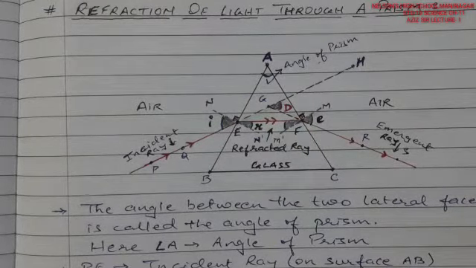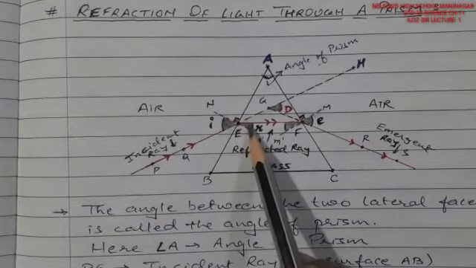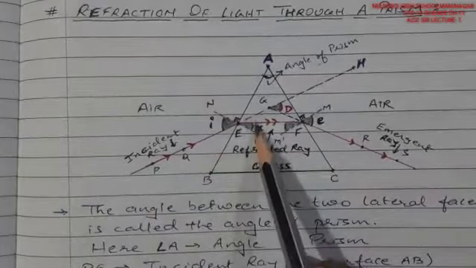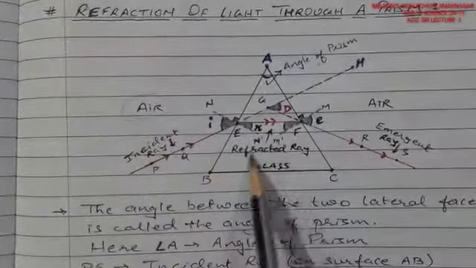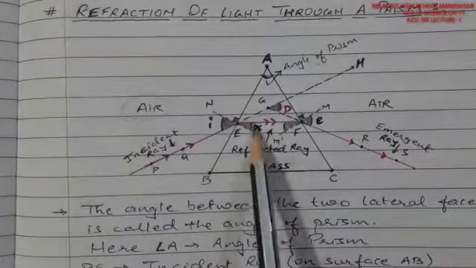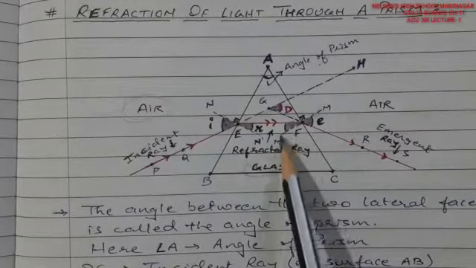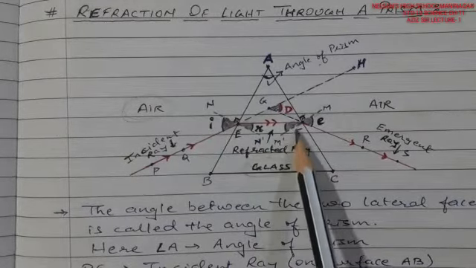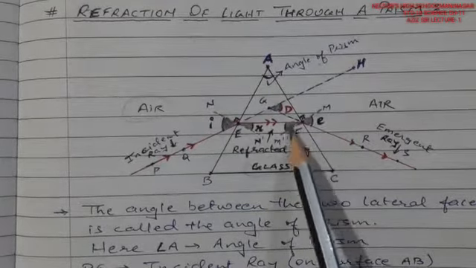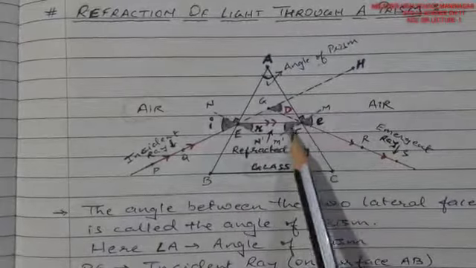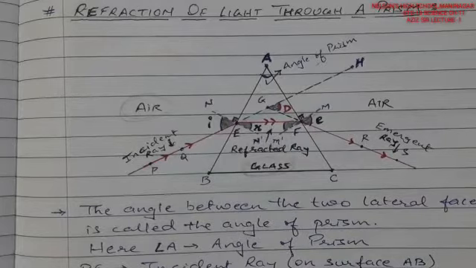This is an important thing. D is an angle of deviation. Now as you see, this angle is larger compared to this because it bends towards the normal. When the incident ray passes from a rarer medium, that is air, towards a denser medium, which is glass, it bends towards the normal, making a smaller angle. In the same way, this is a refracted ray from the glass, that is from the denser medium to the rarer medium. You see the angle is growing larger. This is a larger angle compared to this angle, so it bends away from the normal. This is how it bends.